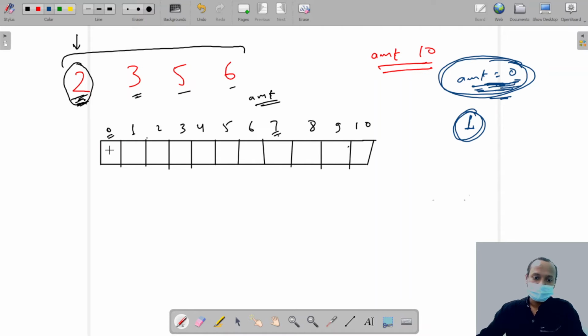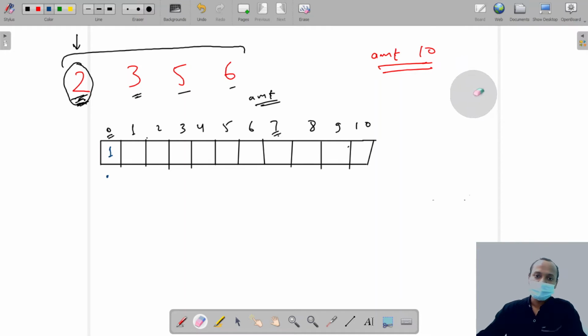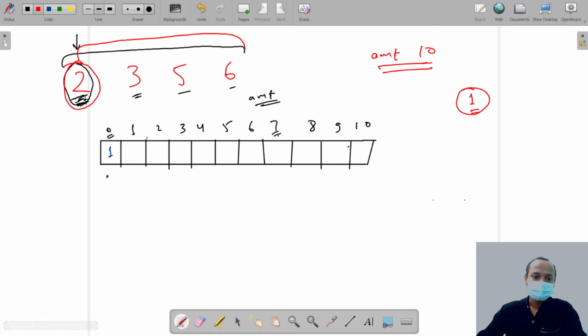And the way is, let's suppose, a dot. You don't have to pay. This is also a way to pay 0 rupees. Now I have to pay 1 rupee, but we don't have a 1 rupee coin. What we are doing, first we choose this coin. So let's see which amounts we can pay by using only the 2 rupees coin.